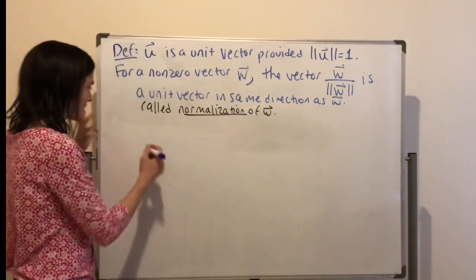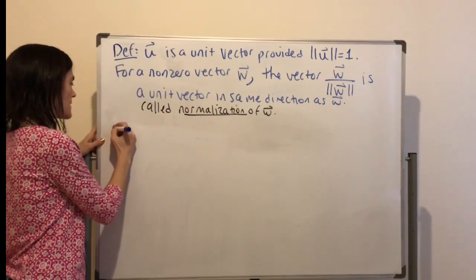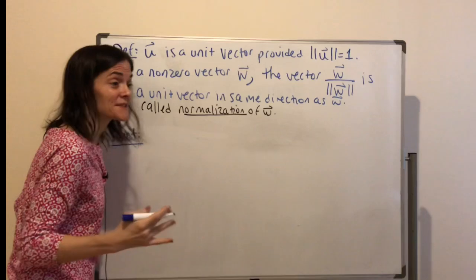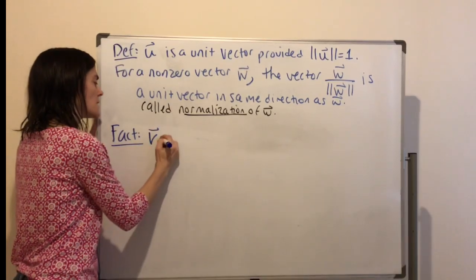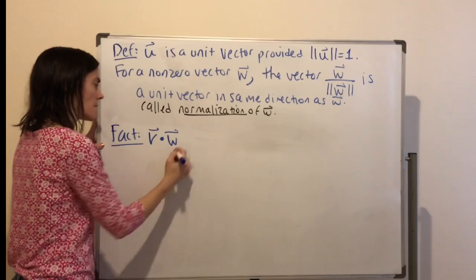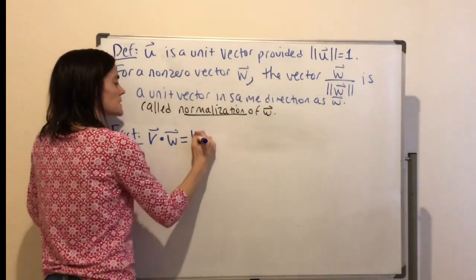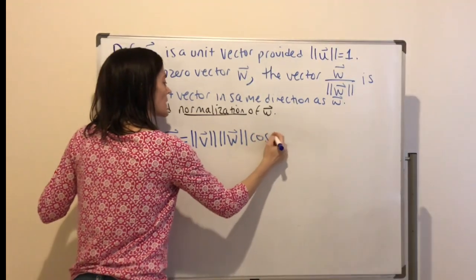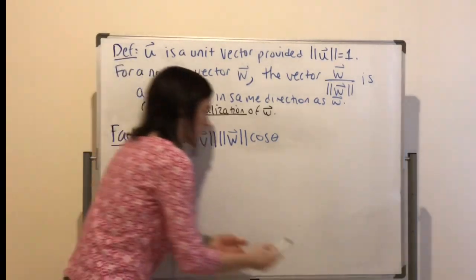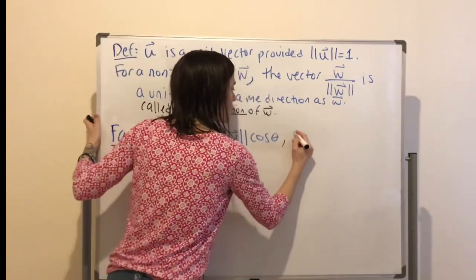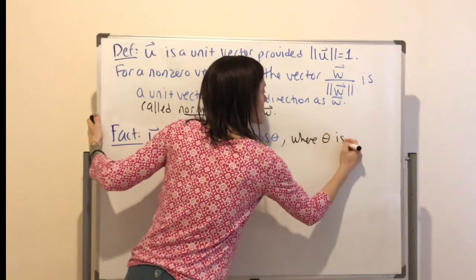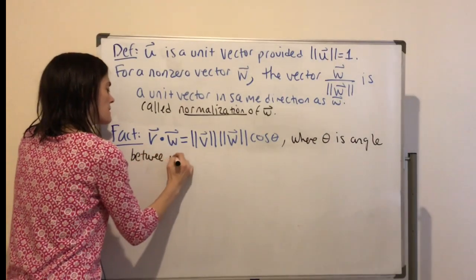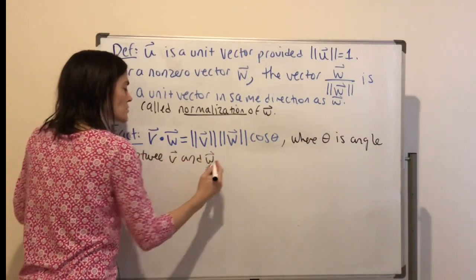The next observation I want to make, let's say, I'll just say fact. It is about geometry and dot product. If you take V dot W, this is equal to the length of V times the length of W times cosine theta, where theta is the angle between V and W, and it's measured between